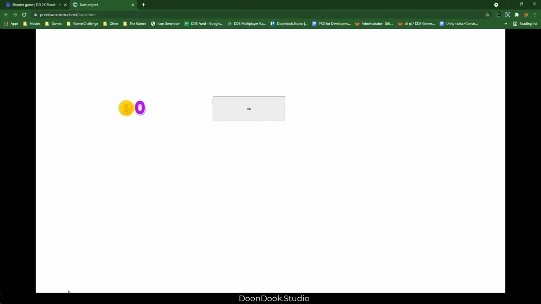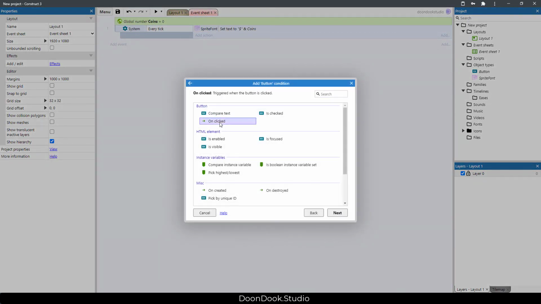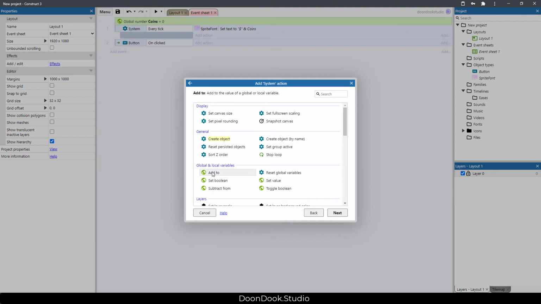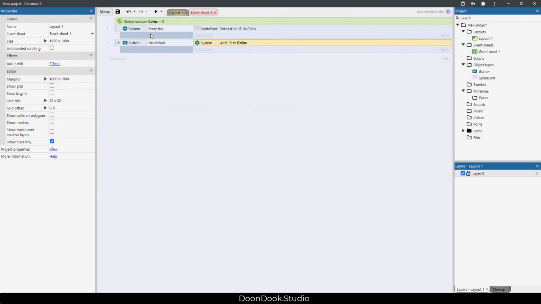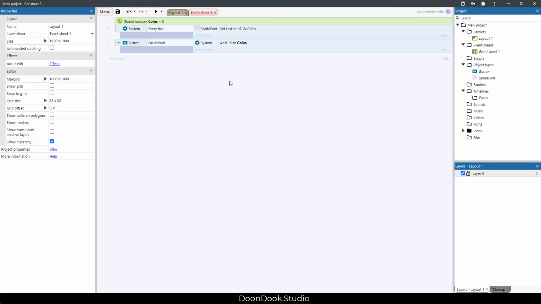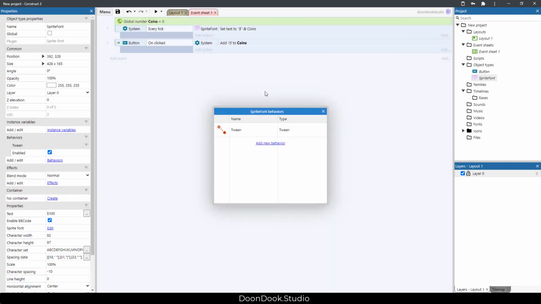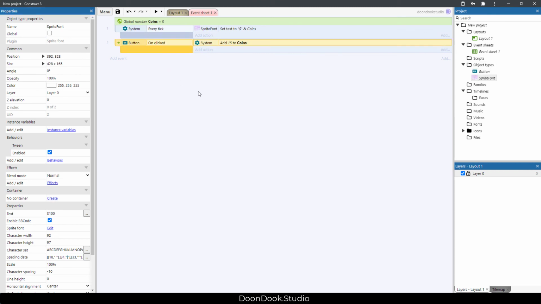Okay, and when I click I need to add more. Okay, so let's say on clicked, add to coins 15. Okay, yeah, that's very nice. And let's just add the animation. So the animation needs to have this behavior, tween behavior, for a SpriteFont. And I'm gonna say when I clicked